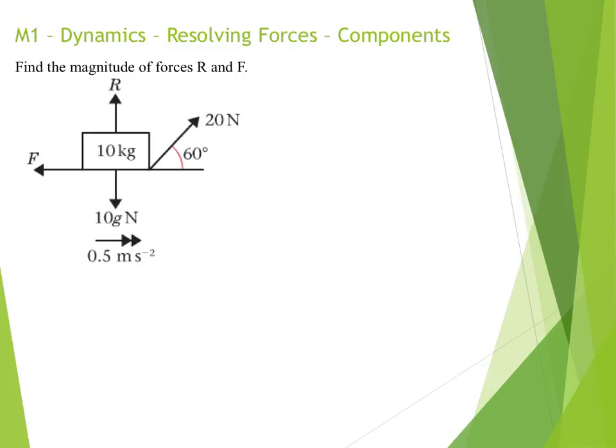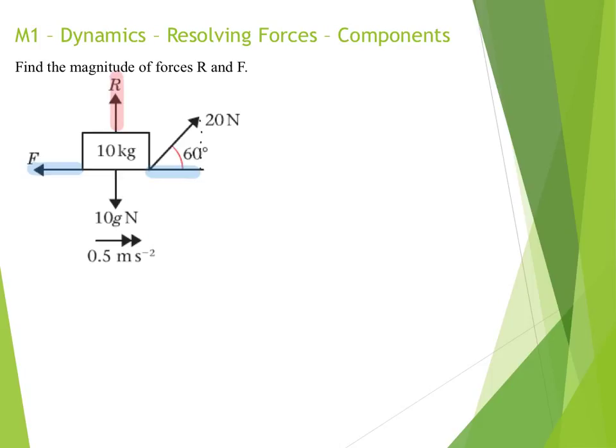Putting these resolving skills into practice, we're now going to have a look at a problem where we've got to find some unknown forces. So before I start highlighting anything, I'm just going to deal with this diagonal 20 newtons force, and I'm just going to make a right angled triangle from it. Okay, and here begins the highlighting. We know that we've got acceleration acting to the right, so I'm going to highlight all of my horizontal forces first. So there's 1, 2, and then we're going to look at the verticals, which are R,